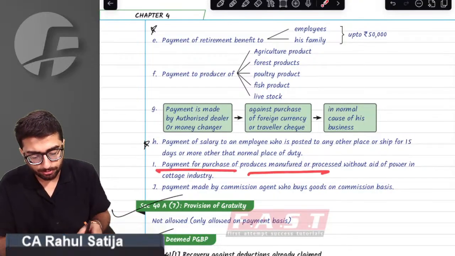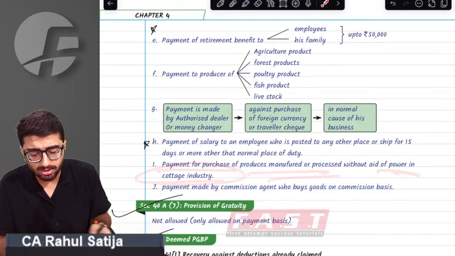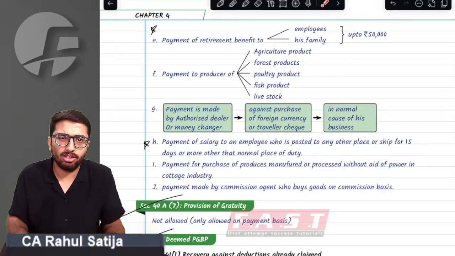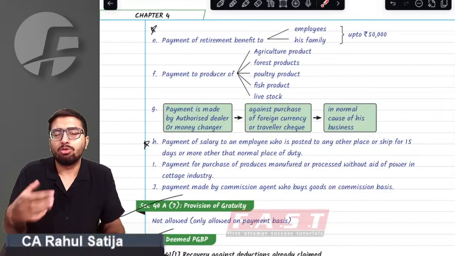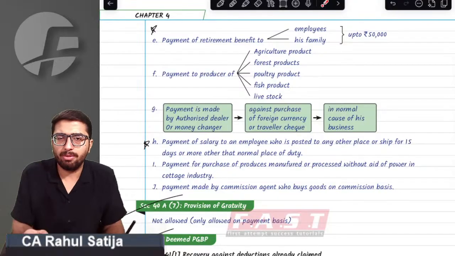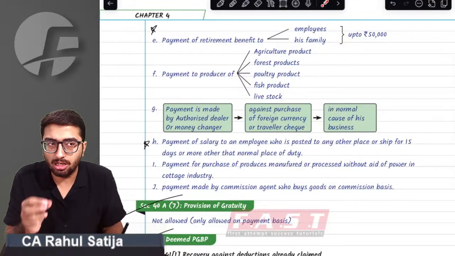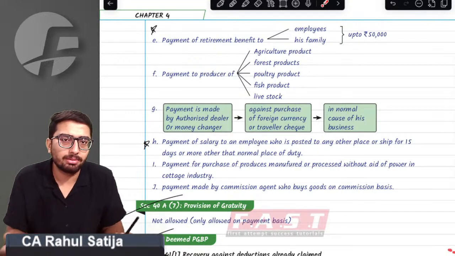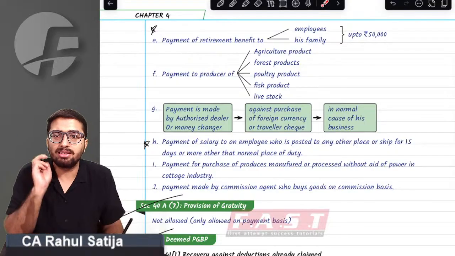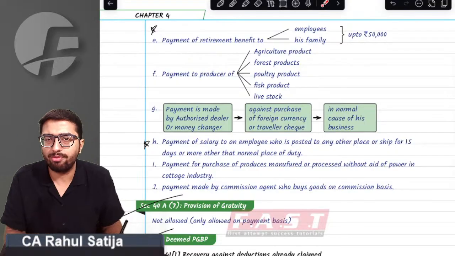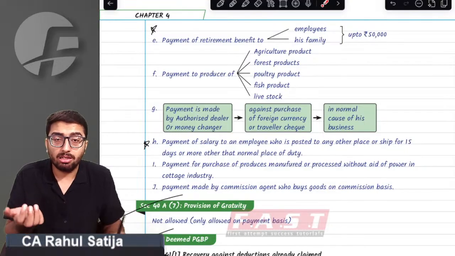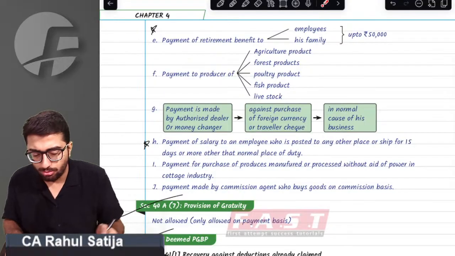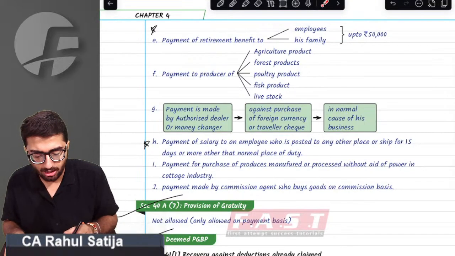If you are making payment to a cottage industry which processes or manufactures goods without aid of power, for example, so many cottage industries make cotton balls that are used to light the diyas, or incense sticks, that are also made without aid of power. Many industries make chow mein, noodles and so on. So these are without the aid of power. If you are paying any sum to them, it shall be allowed, even if you pay